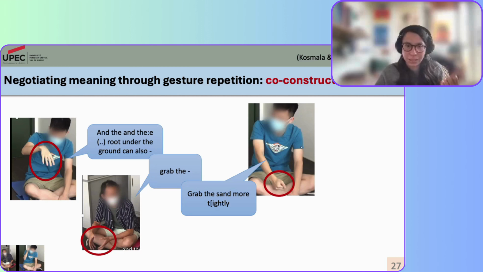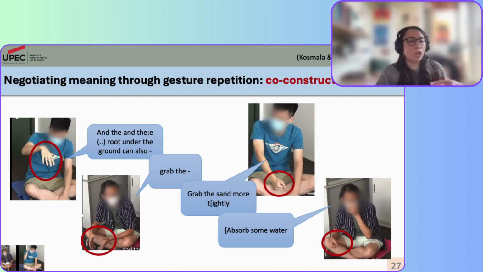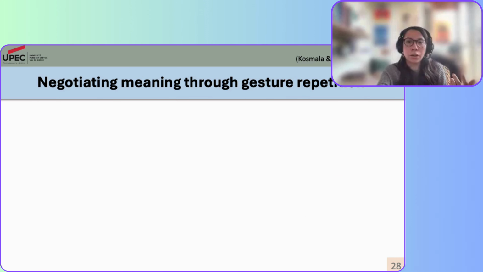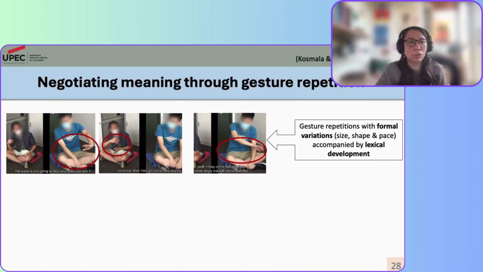So you see again this idea of tight is expressed in a gesture, and then "absorb some water." So here the gesture is repeated. This notion of tightness is repeated, although not in speech, because he just says absorb some water. Although maybe this also relates to this idea of being tight. And so you see how, first of all, these gesture repetitions were used with formal variations in size, shape, and pace, but also accompanied by lexical development. So elaborating on the processes, adding adjectives, changing the verbs, and adding some elements to complete what the